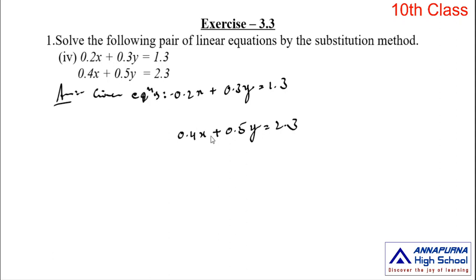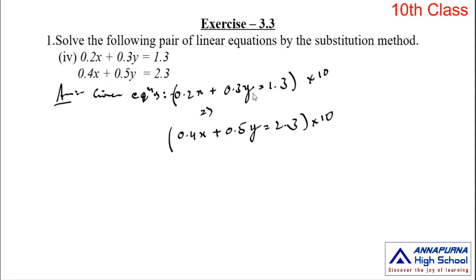They are decimal numbers. Better to change these decimals to integral coefficients. Why? Because they are equations, you can do anything. So that's why it is better to change these two equations to integral coefficients. To change them, simply multiply the first equation by 10 and the second equation by 10. Why? Because in all the coefficients the decimal part has only one digit. That's why I multiply the first equation by 10 and the second equation by 10. Okay, there is a multiplication property.